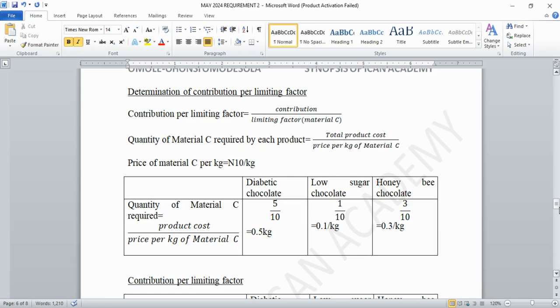So once I finish producing all the one of 200 naira, if there's remaining paper, which one will I go for? The one that will give me the next highest profit, either the one of 100 naira or the one of 300 naira. And if there is no paper remaining, I will not print anything again because I've gotten my profits. You understand what I'm saying? So that's why you now rank them. This one is number one, this one is number two, this one is number three. You rank them based on the contribution it's giving you as per that limiting factor.